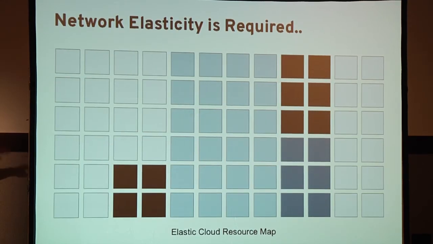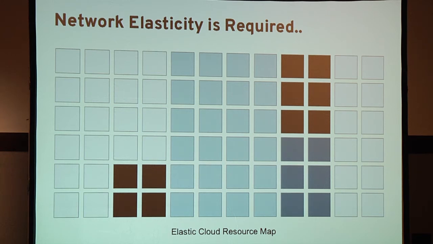So this represents kind of a heat map of your services within the cloud. Each box, you can just pick a reference. The lighter squares could be compute nodes. The darker squares could be block storage nodes. And the thing that we're trying to solve for here is what I call equidistance between the nodes. So no matter how big the cloud is, you need to make sure that there's very fast and consistent connections between each one of these blocks, no matter where they are in this map.